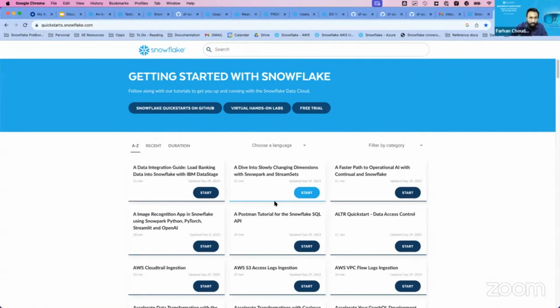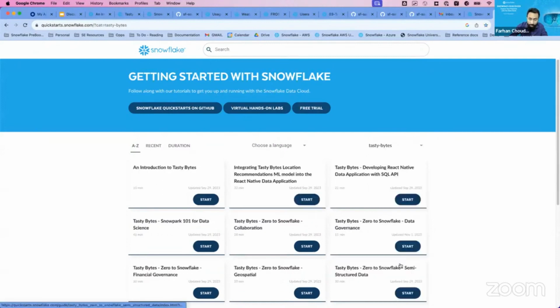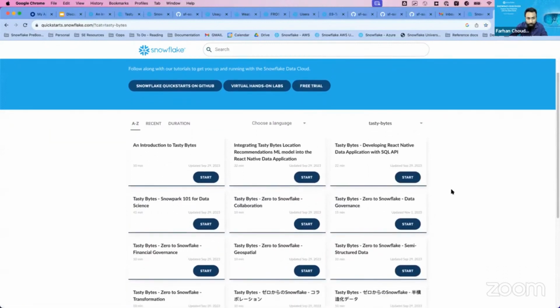Super. There are a lot of questions on how do I really get started with Snowflake. I'm very new. I just want to learn the tool. I want to learn how to get started with Snowflake. So what Pawan is sharing right now is essentially what you need. We have a lot of virtual hands-on labs. We have pre-recorded sessions. We also have live webinars that run throughout the year. There would be one happening maybe a few weeks down the line. So quickstarts.snowflake.com is your friend. There are lots and lots of resources over here.